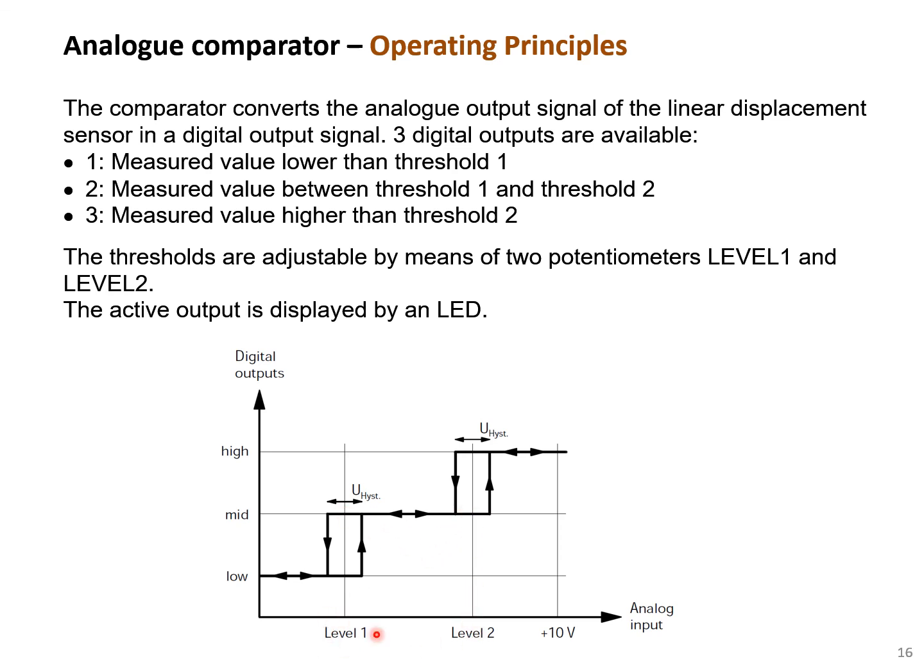So remember that those voltages are analogous to distance. Level 1 means a specific thickness, level 2 another thickness, and 10 volts also a thickness, or a full thickness, the whole course of the traveling piston of the sensor. So if the thickness of the object falls between level 1 and level 2, we could adjust the comparator to give us